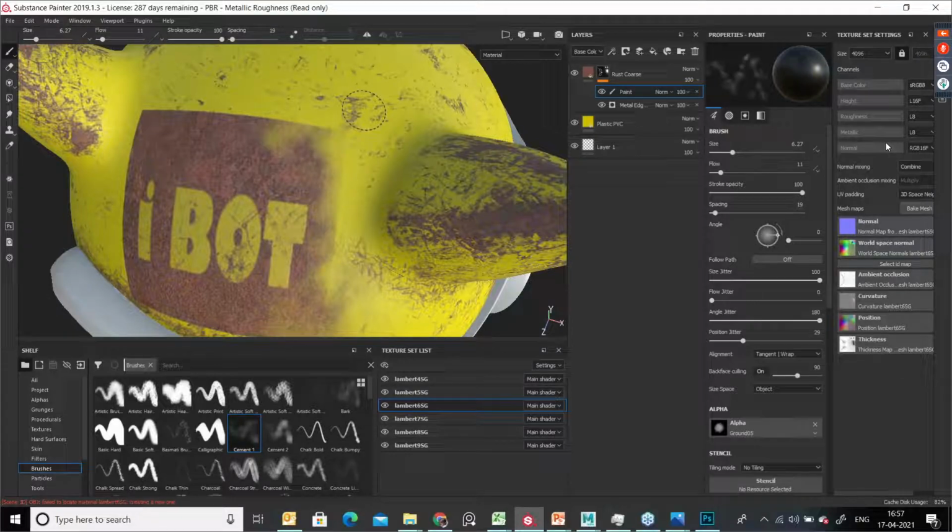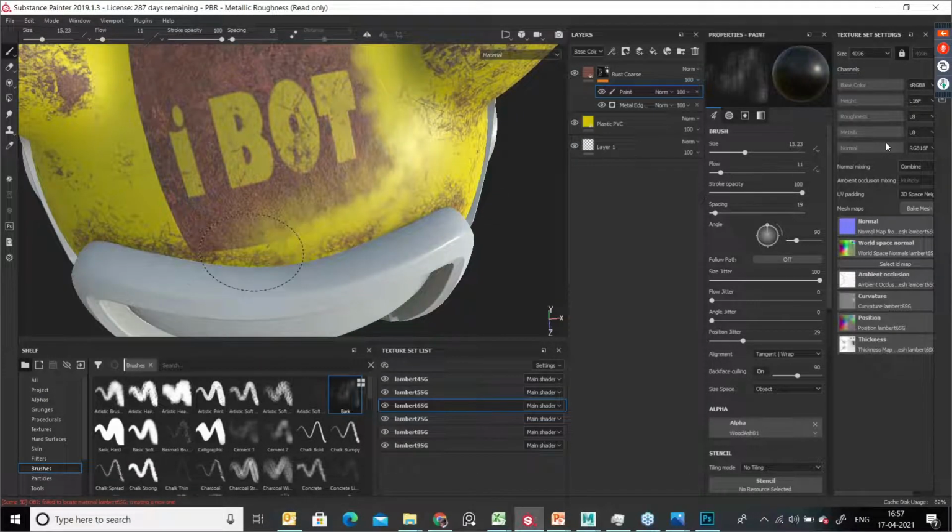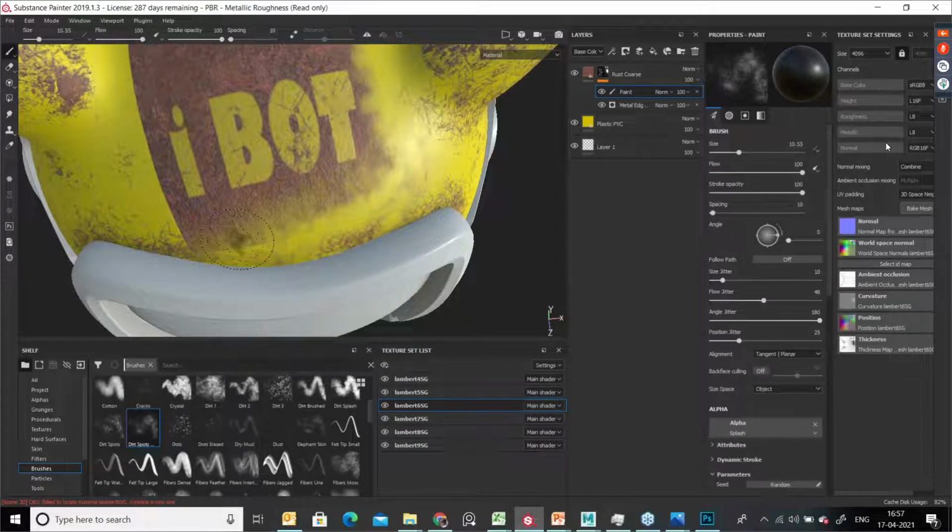See here, you can increase the flow and everything like this. You can make it like this and try to apply like this. Should be real. Okay, so we can try to go with some other third map.